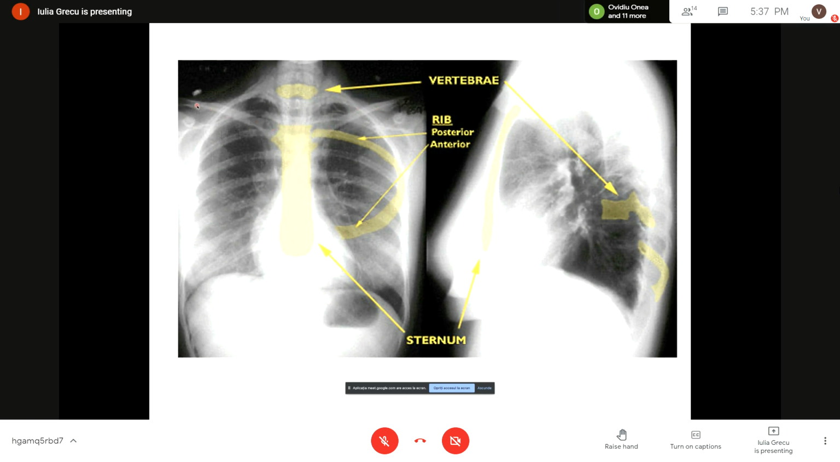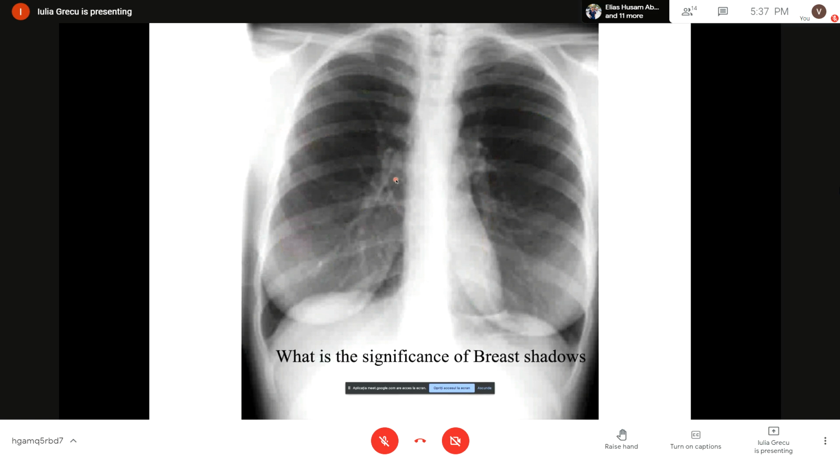So when I look at the clavicles, I look to see that they are symmetric. The same is done for the ribs. I look on both sides, and any asymmetry will capture my attention, and I will find the problem. Okay, regarding the soft tissues,